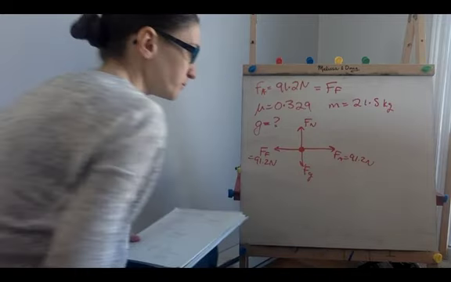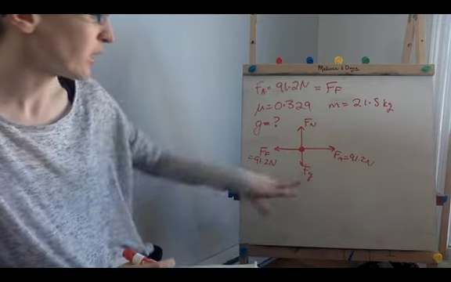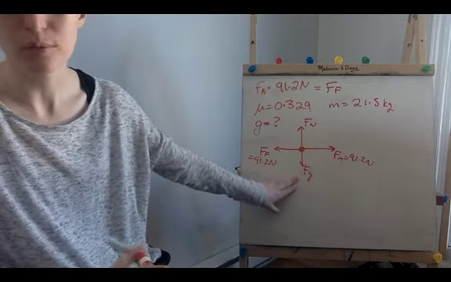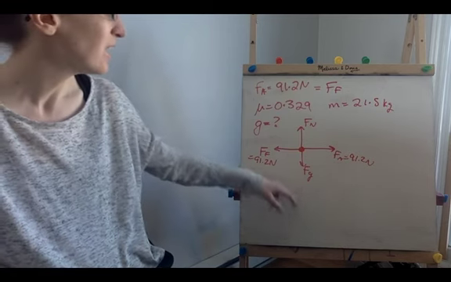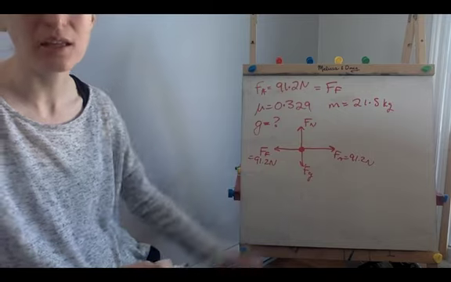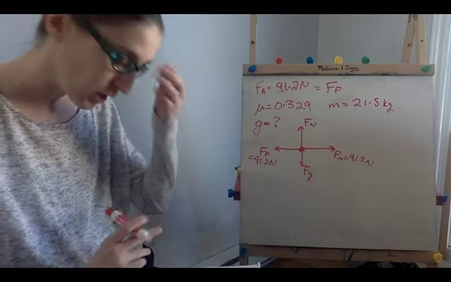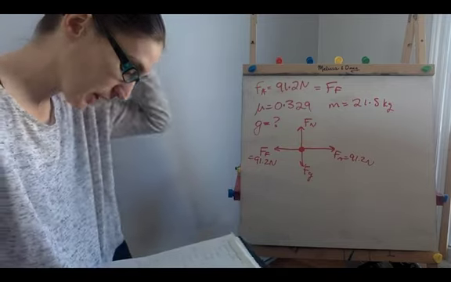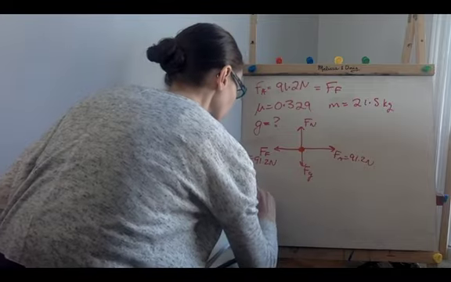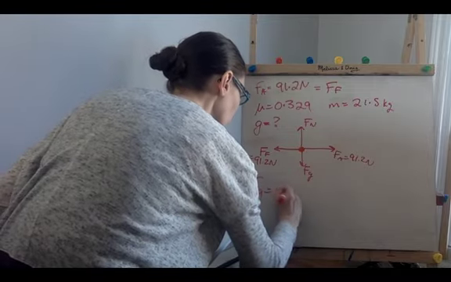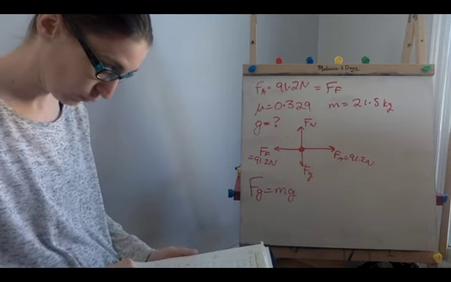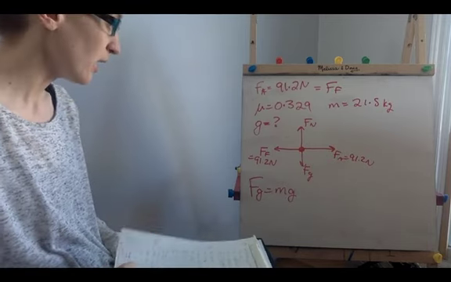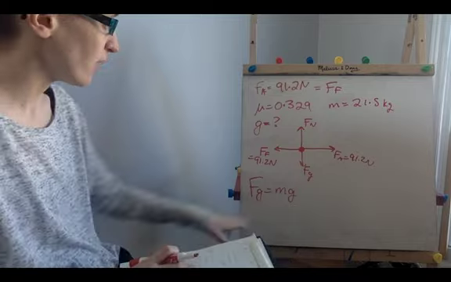Now, typically we'd be able to find the force of gravity no problem, just mass times acceleration due to gravity, but we're not on Earth, so I can't just multiply by 9.81. That's the thing that we're trying to find. So instead, we set up something slightly different. Remember that our force of gravity would equal mass times gravity, but we don't have that. But we also know that